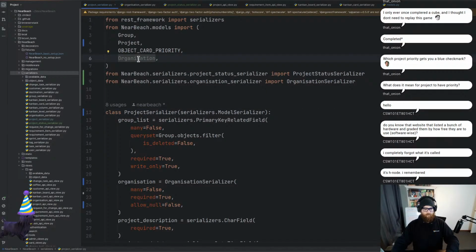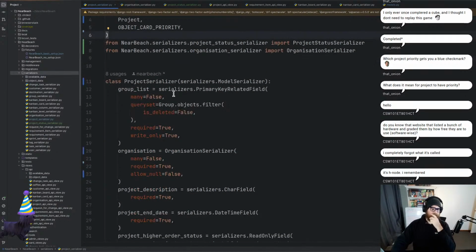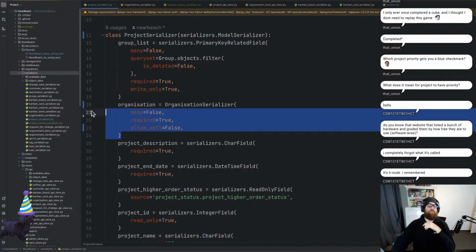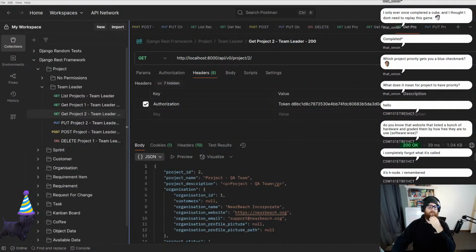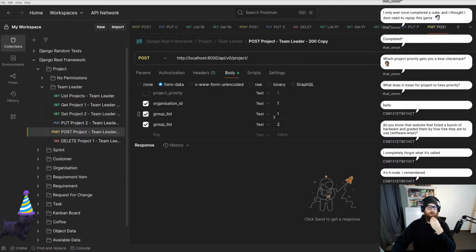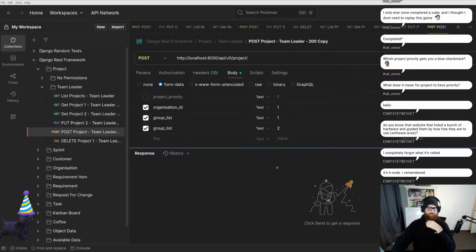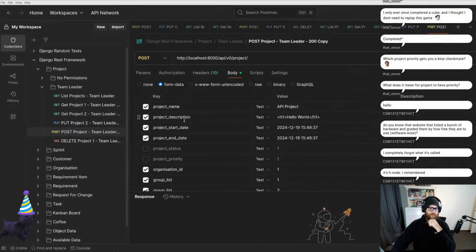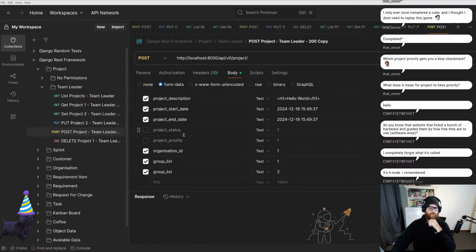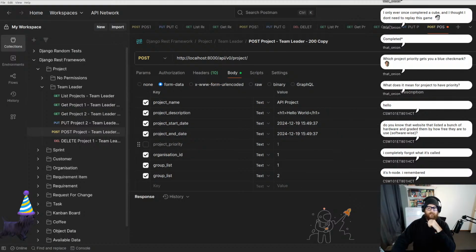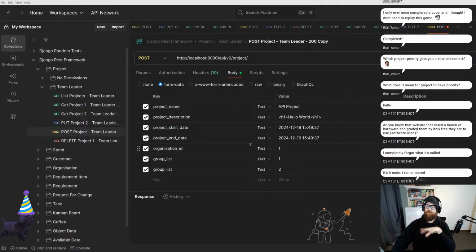We can get rid of organization as that's no longer used because we're using the serializer of that. So if I do a post and I go in here, I'm going to post all of this. We don't want the statuses or the priority coming through because those are set by default. We've got the group list, we've got the organization ID. If I go send,